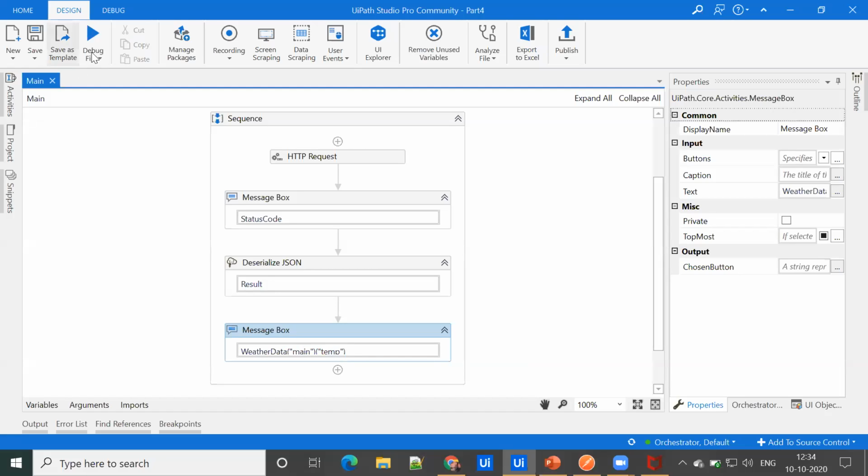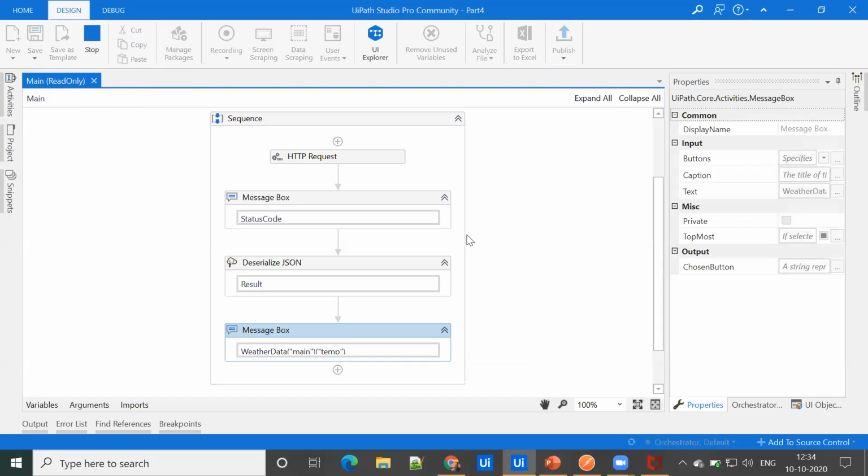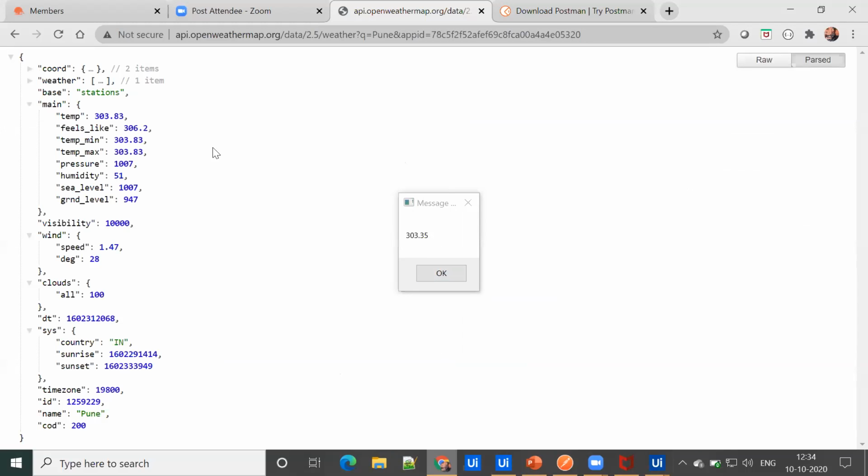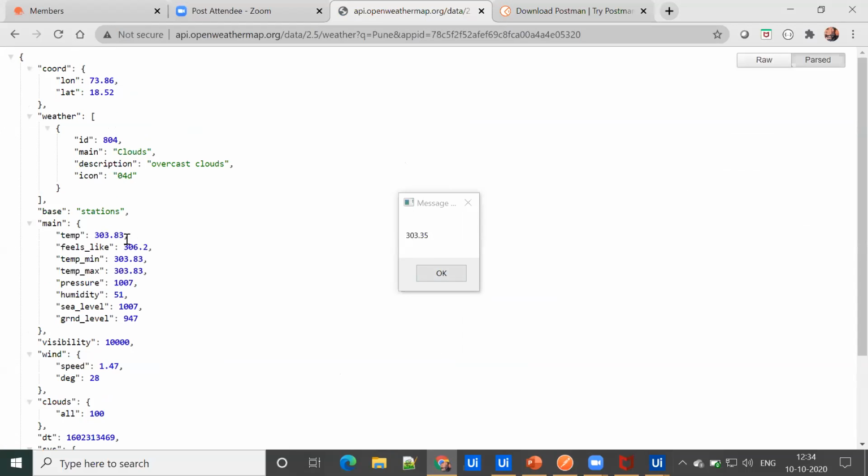Save it and run it. So you can see that you got the temperature value, 303.35. It is changing because it is calling the API, so it is getting updated. If we refresh it, you can see that we are getting the updated data.